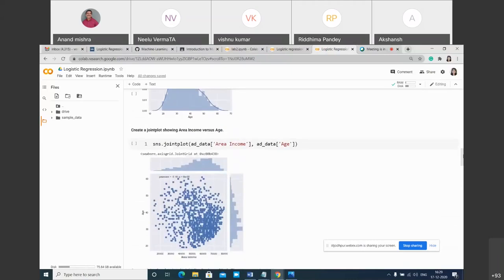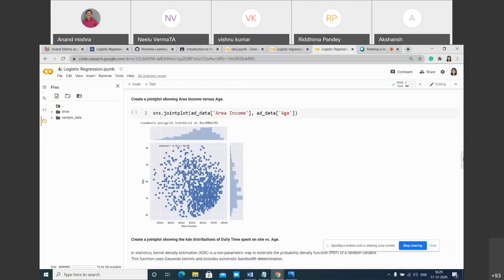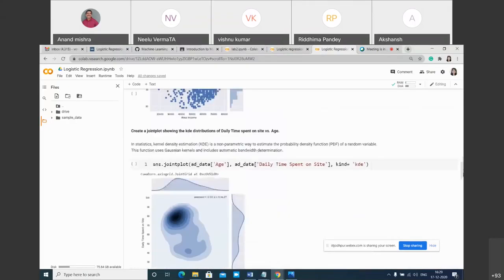The joint plot is joining two different columns and plotting them in a single plot. Next, create a distribution.